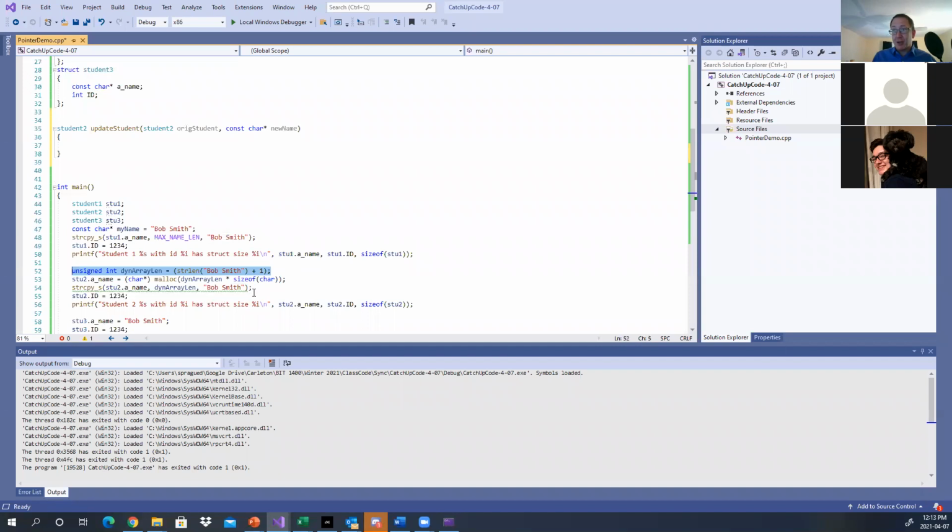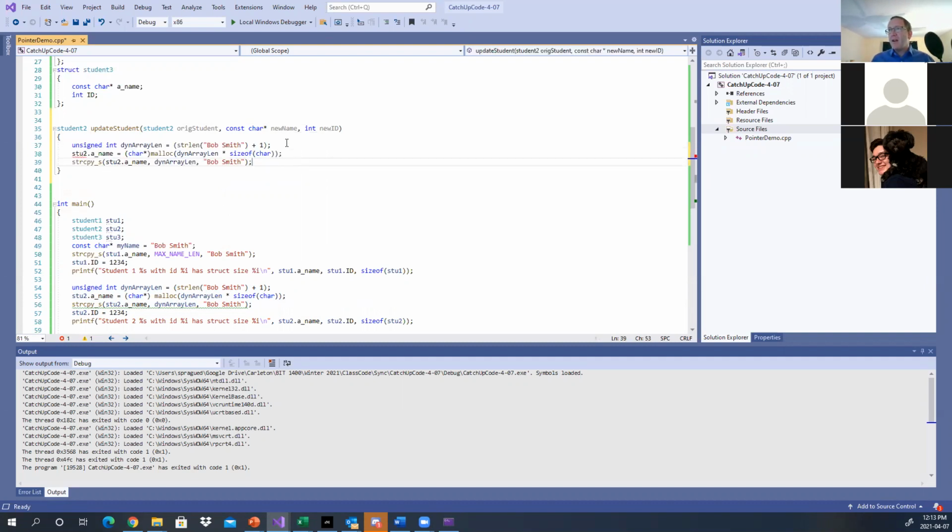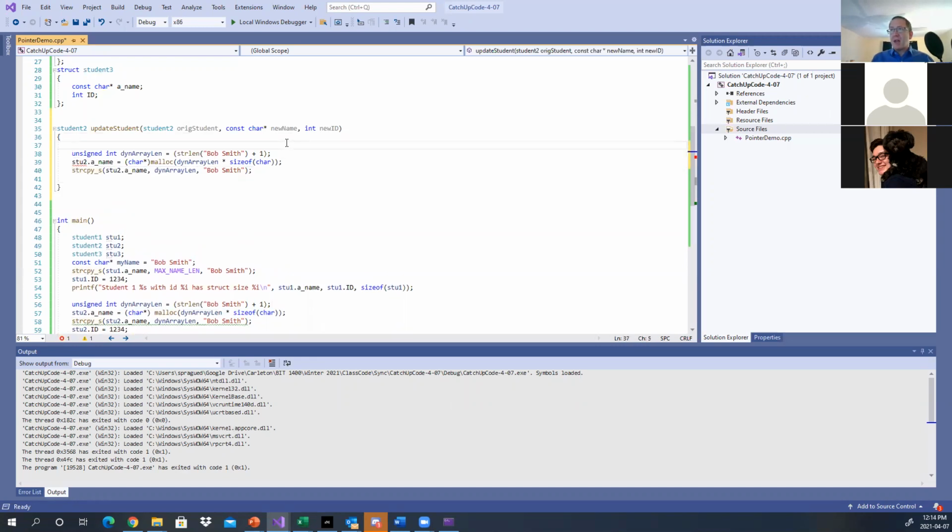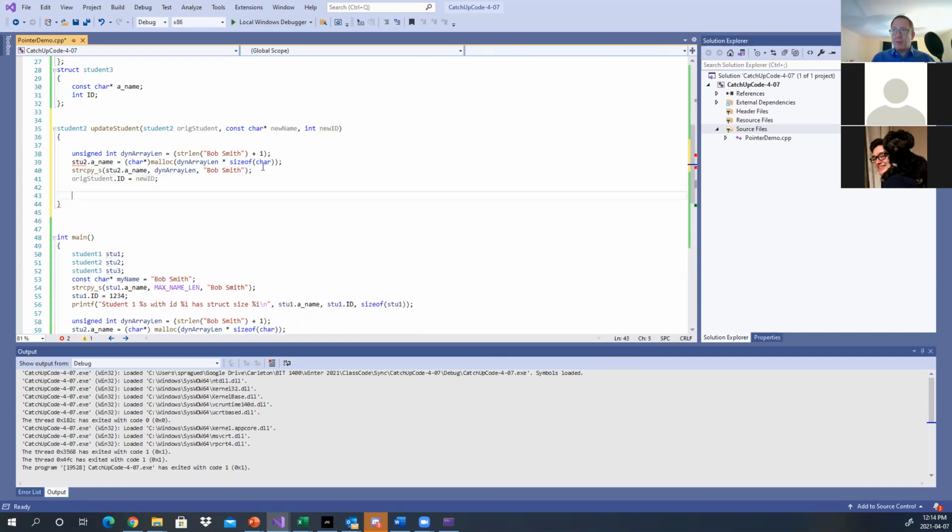I'm also, because I'm lazy, going to copy all this stuff over. And maybe we should put an ID in there as well. All right, so we're going to pass in new data to this and the original data structure. We're going to change our values and return it. So what do I need? I could take the original student information and modify that and return it. Sure, let's do that. That's not the hard part of this whole thing. And then I'm going to just return my original